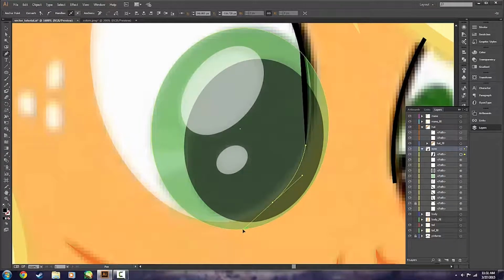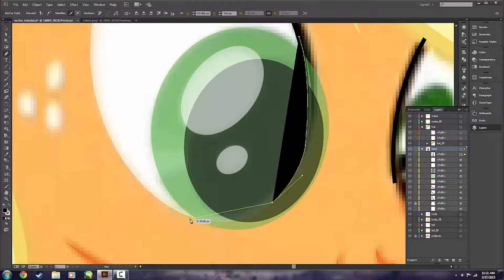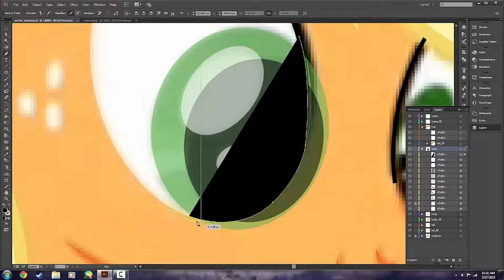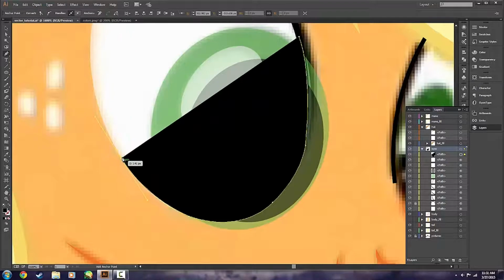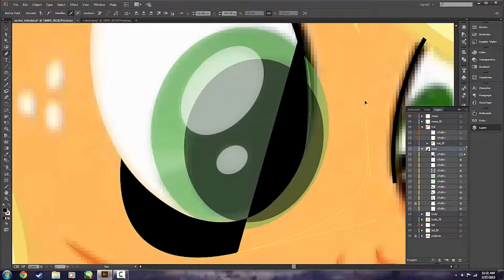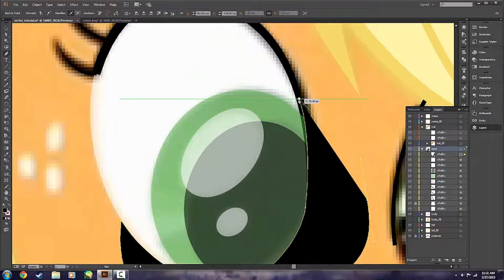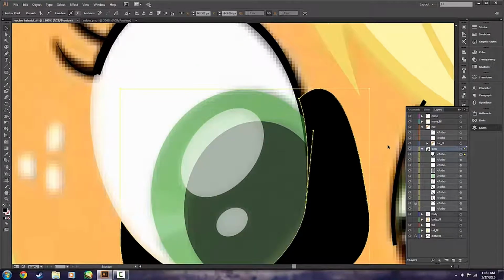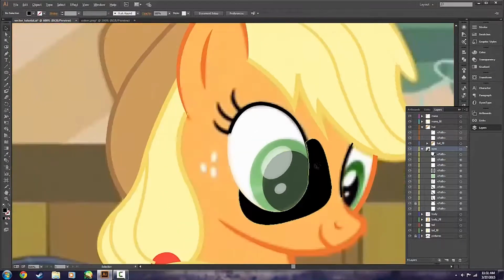But if you're trying to just line it up here, you're going to follow as best you can the outside like this. And just kind of draw haphazardly around here, making sure you engulf the entire part of the eye that's going